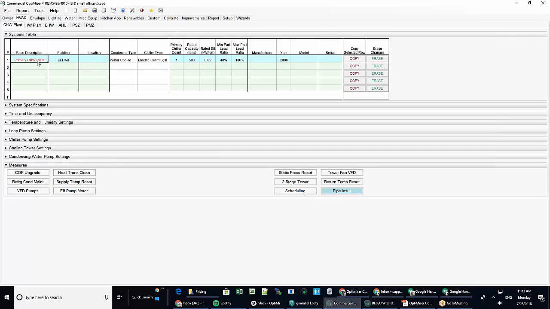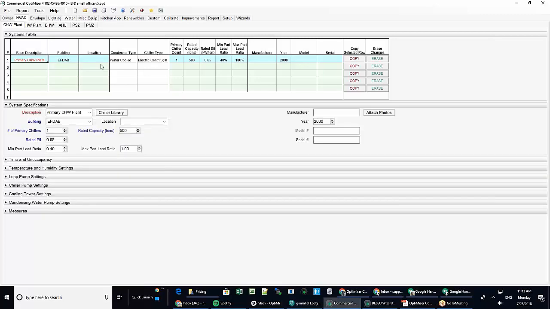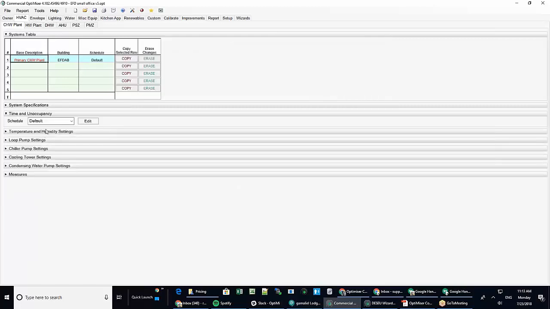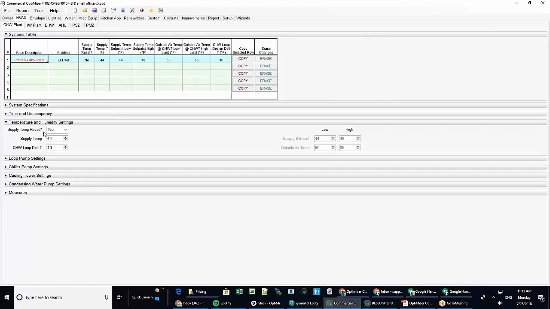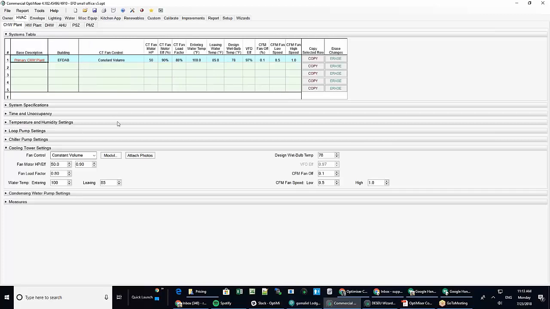So here's the CHW plant. You can see the basic specifications, but then you can also adjust occupancy settings, temperature and humidity resets, things like that, all the pumps and chillers and everything. You can get into specifying all that. All of these controls are